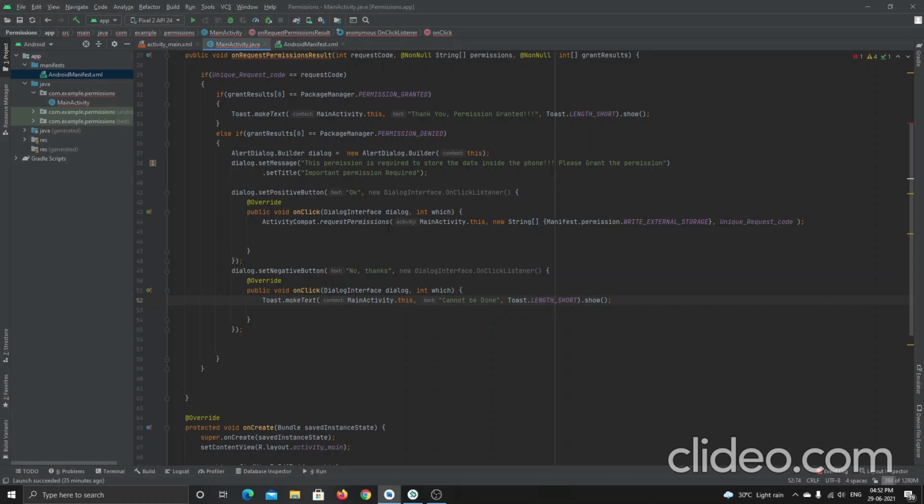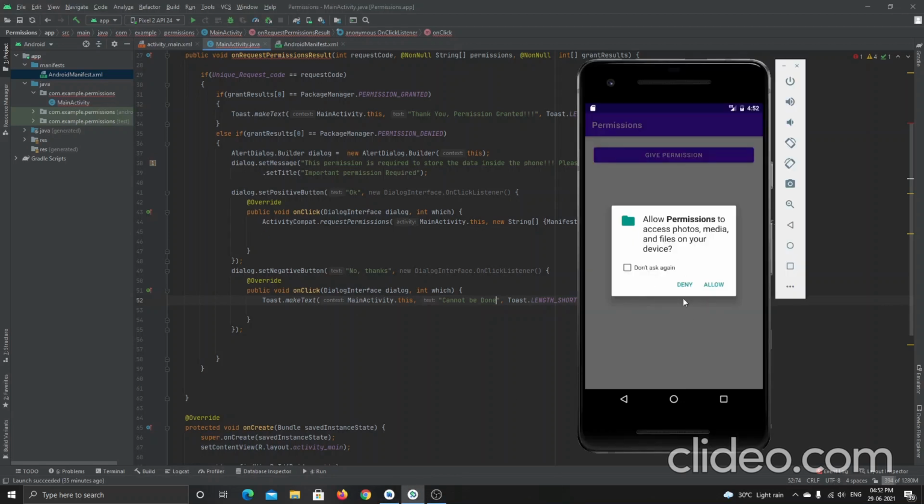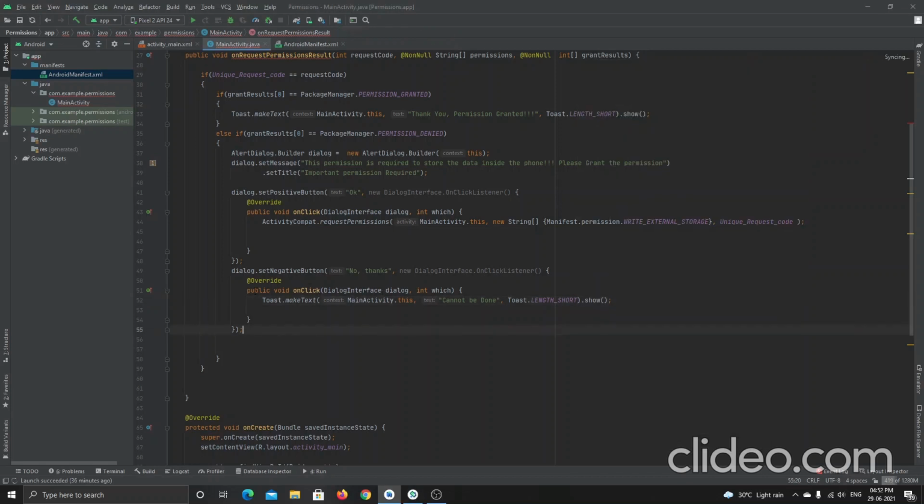Like this, how it works means, if I click on allow, let me show you in this. See, if the user clicks on deny, then what happens? Then it should go into this else if loop, and there I want to set the alert dialog message asking the permission again, to give the input as allow or grant the permission. If the user says no there also, then I want to show a toast message that it cannot be done. Okay, I want to display it.